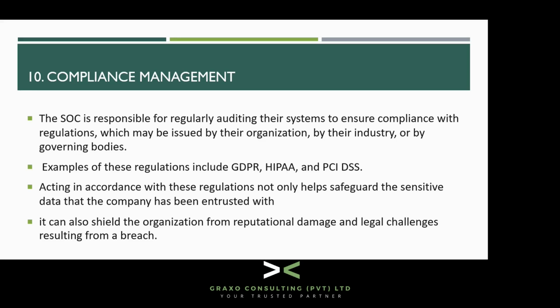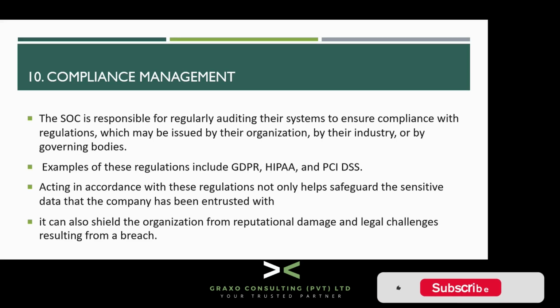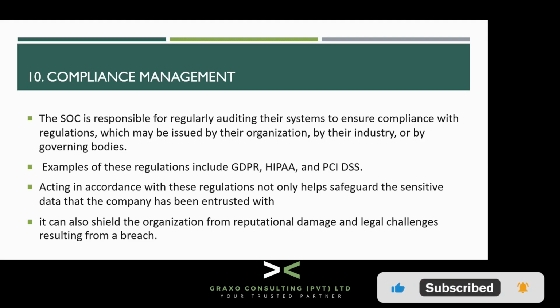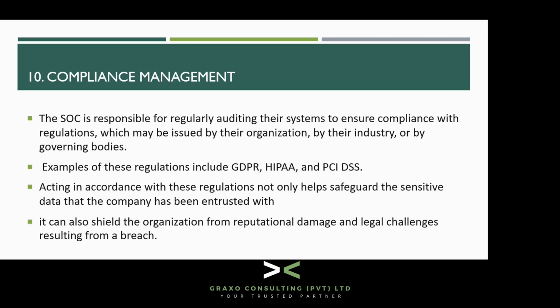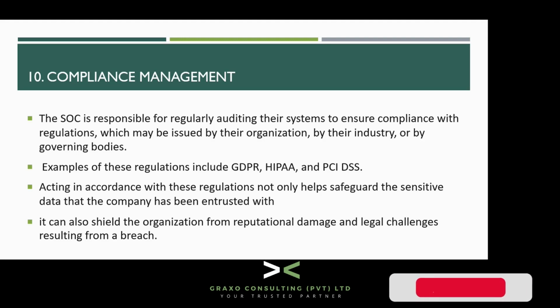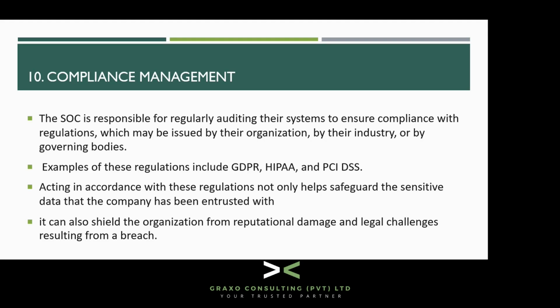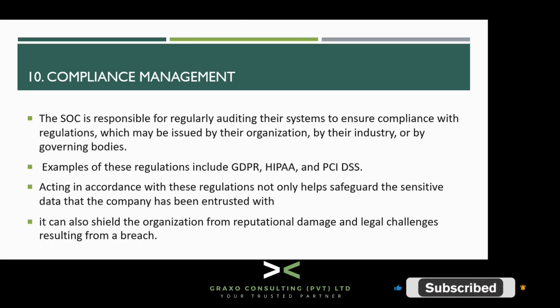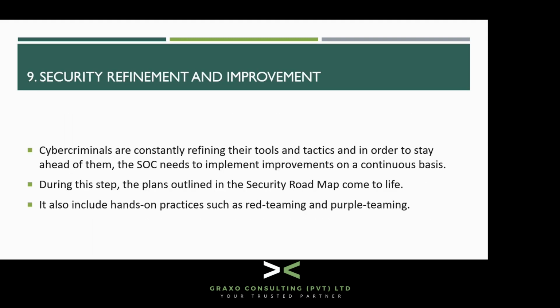And examples of these regulations are GDPR, HIPAA, PCI DSS, and acting in accordance with these regulations not only helps safeguard the sensitive data that the company has been entrusted with, it can also shield the organization from reputational damage and legal challenges resulting from a breach. So if you're protecting your customers' information, obviously your company's reputation will be good, and you don't have to face any adverse impact that happens as a result of any breach. These were the roles